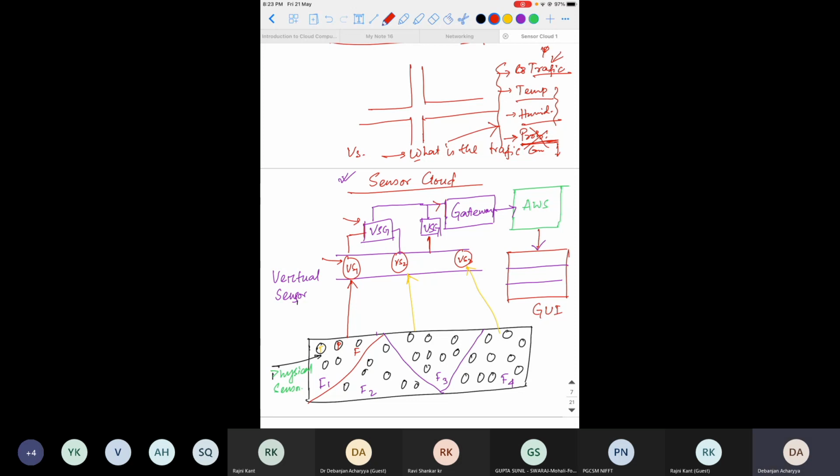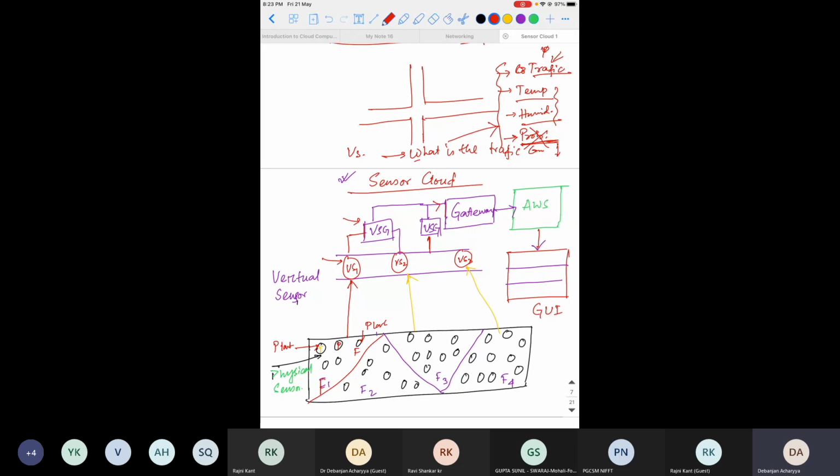Not only this, there is another possibility or another concept. Suppose, for example, in a factory, you want to see the temperature. So, for example, here is plant one. This is the factory, this is plant one, and this is plant two. So you want to see the temperature of plant one. What you think is that all the sensors will be on at the same time, but that will reduce your battery life, that will reduce the lifetime of the sensor.